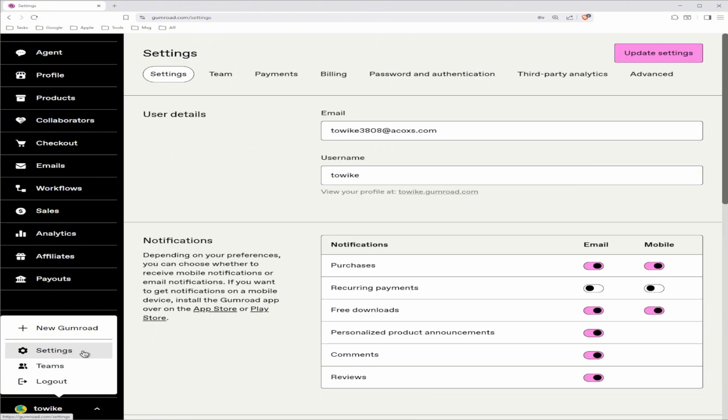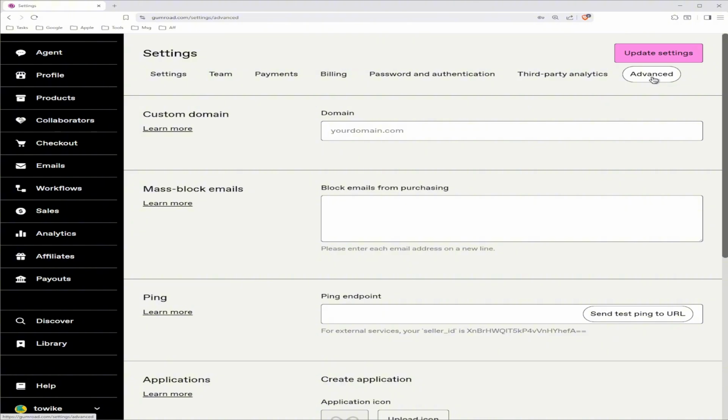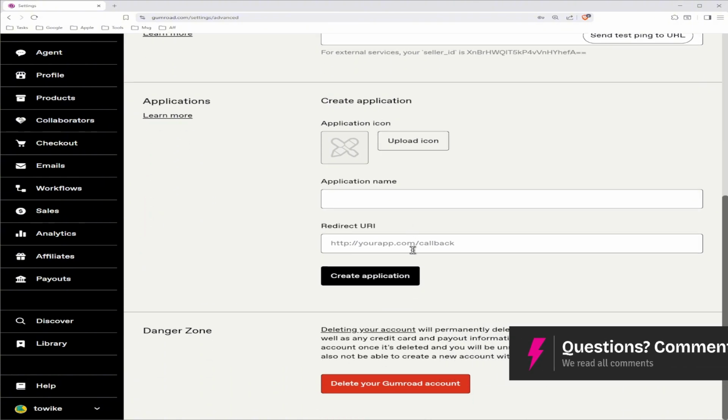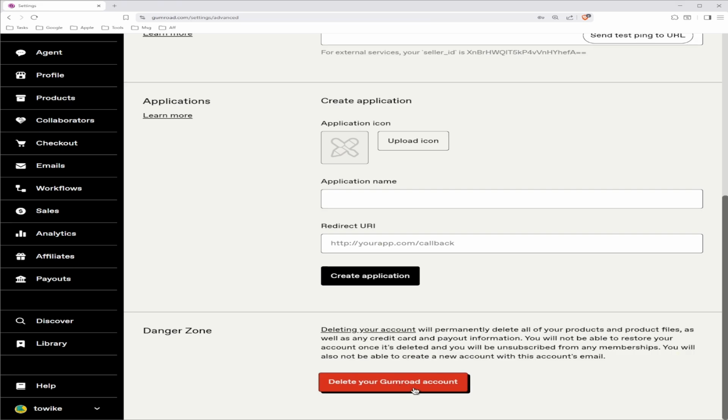Wait for it to load. And once it loads, at the very top, we have these tabs. So just basically find Advanced, click on it. And then here we are going to scroll all the way down until we find the Delete Your Gumroad Account